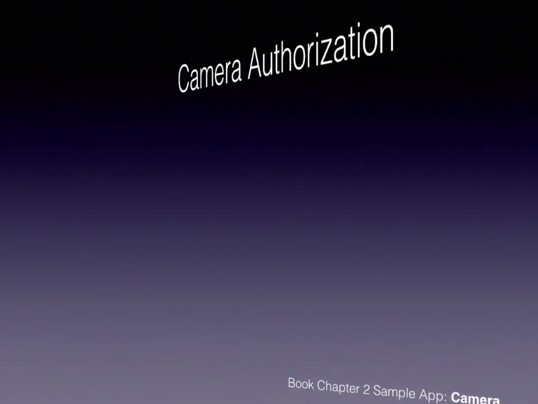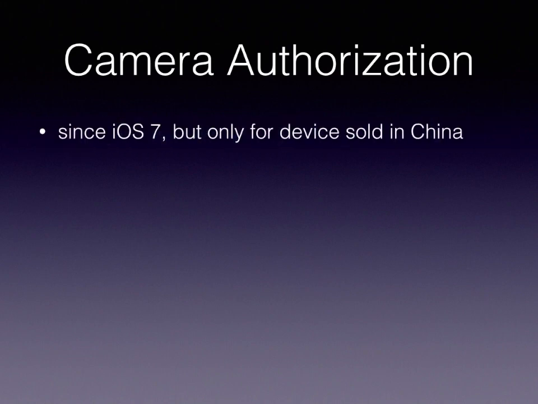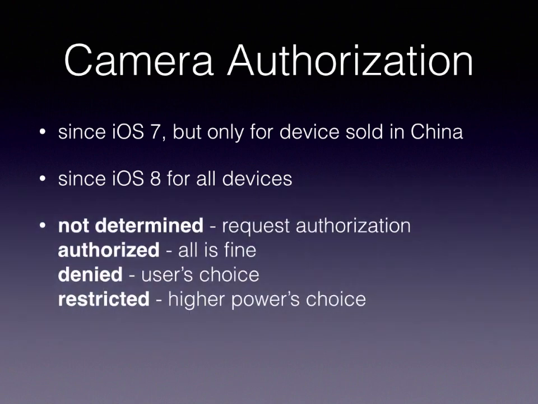Now, something that makes this a little more complicated is that accessing the camera needs authorization by the user. In iOS 7, all iPhones that were sold in China already had this functionality that users had to approve access to the camera hardware. But Apple liked that so much because of the privacy that it gives people that they enabled it in iOS 8 for all apps and on all iPhones worldwide. There are 4 kinds of authorization status. The starting state is not determined. You can request authorization